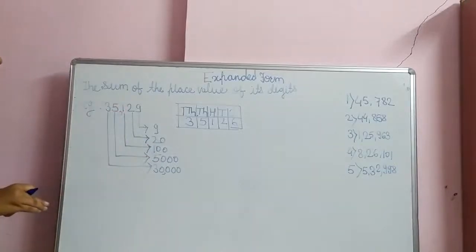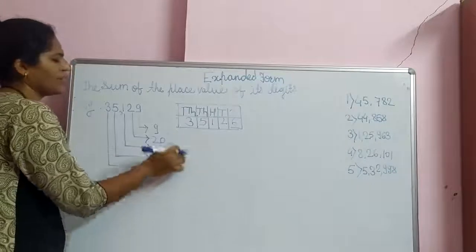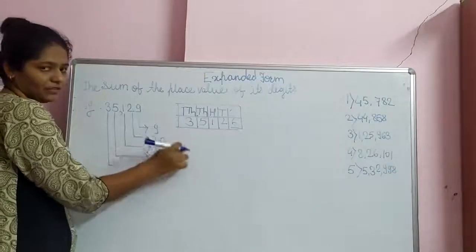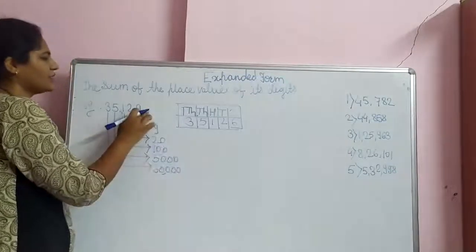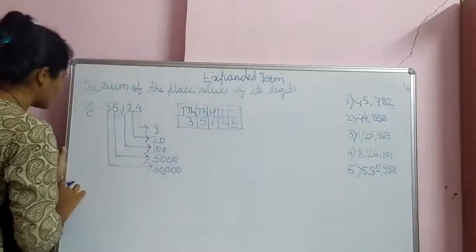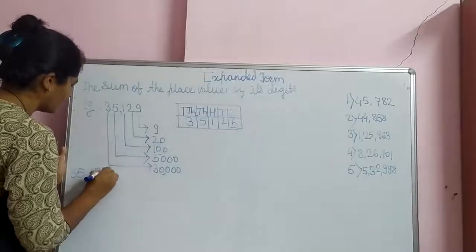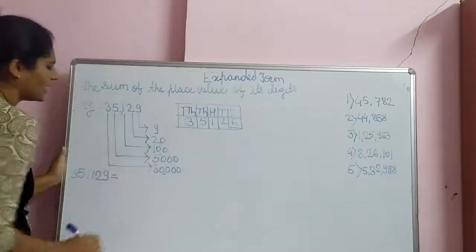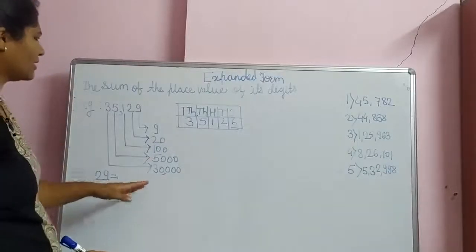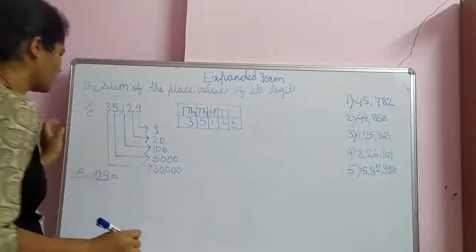Now we have to expand it. Expand it means we have to add it. That is the addition. When we add this place value, all place value of each digit, that is the expanded form. So what is our answer? Final answer is, write what number is there, given number, write that number, then give equal to and then add it. And when we are starting addition or sum, start from a big number. So which one it is?